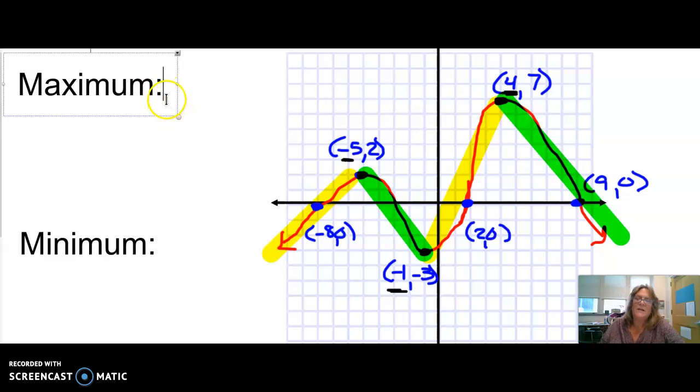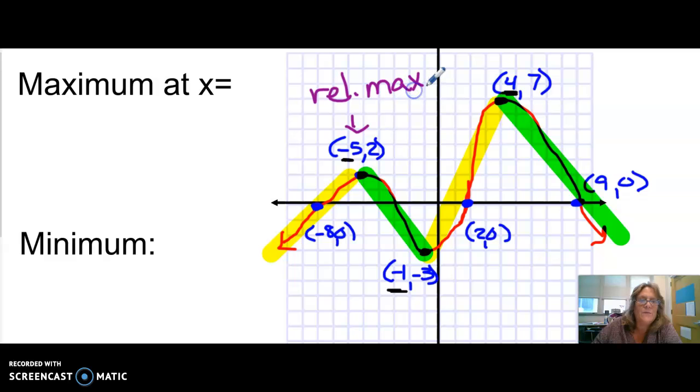We would say that we have a maximum at x equals, and when we're looking at our graph, we're talking about the highest point. So this right here would be a relative maximum